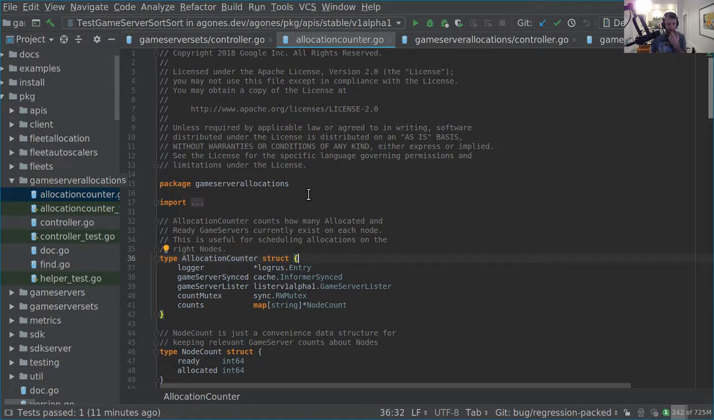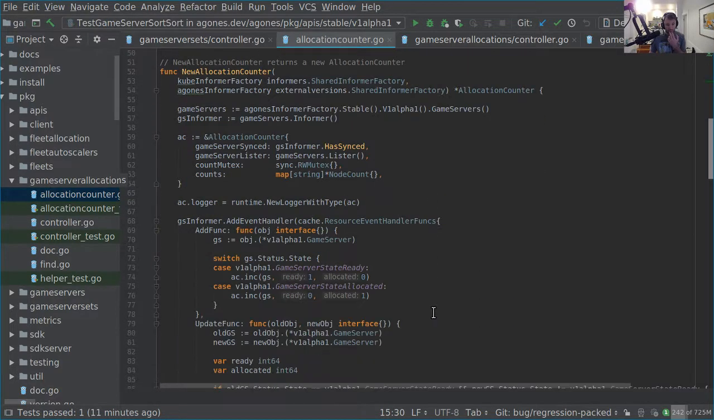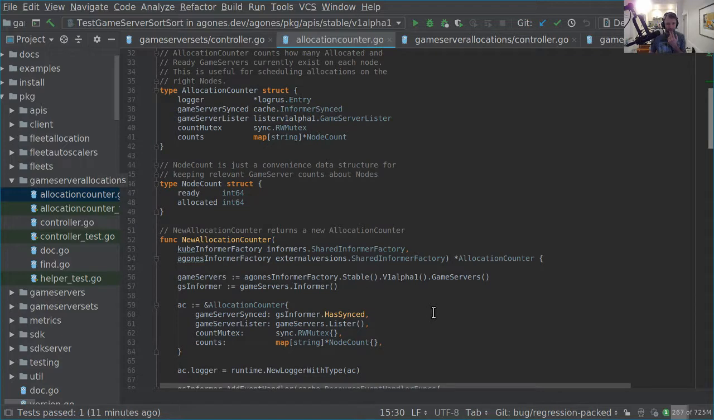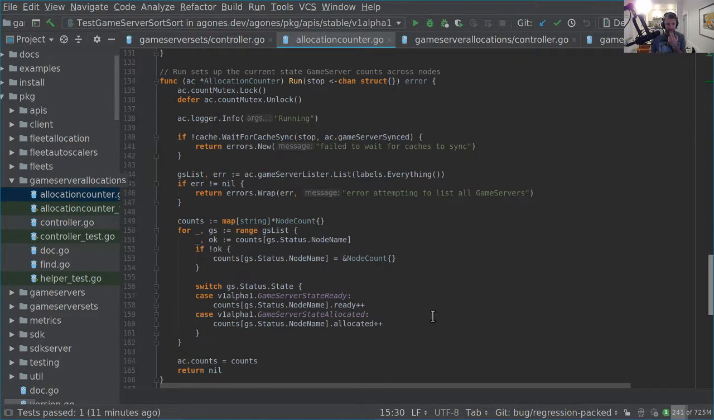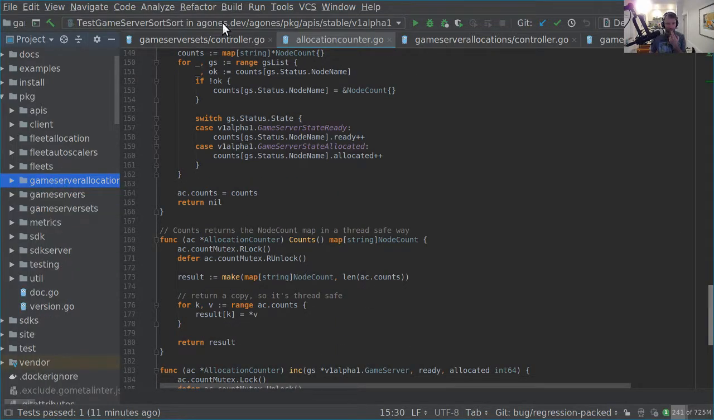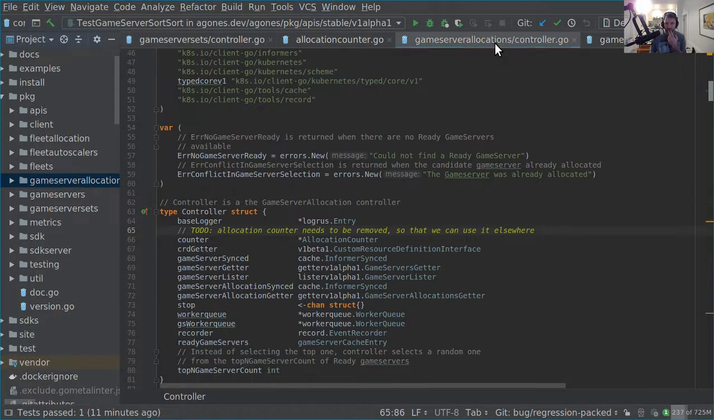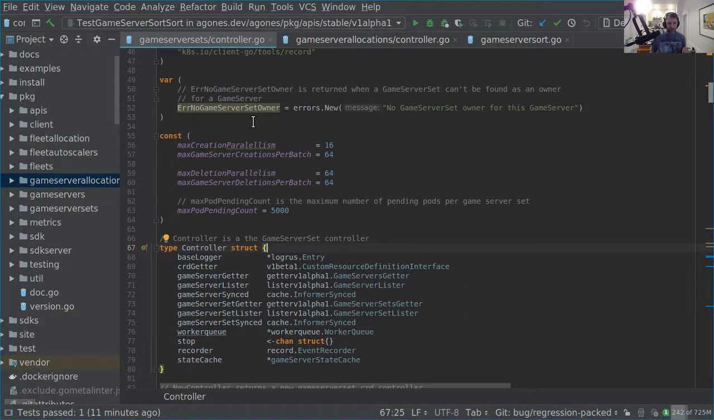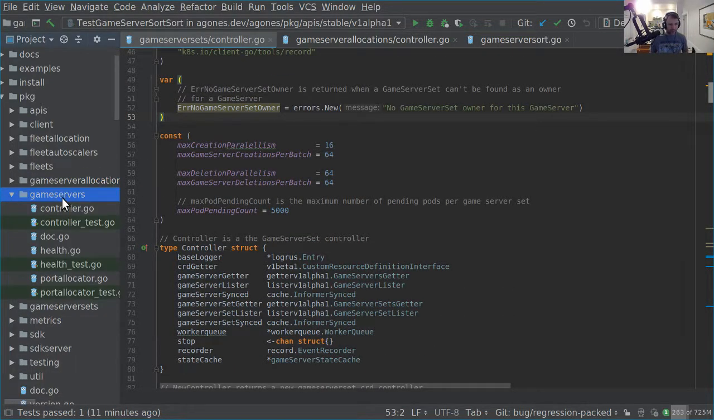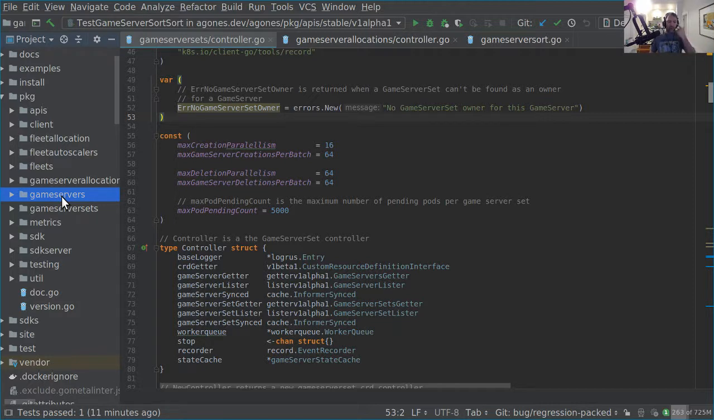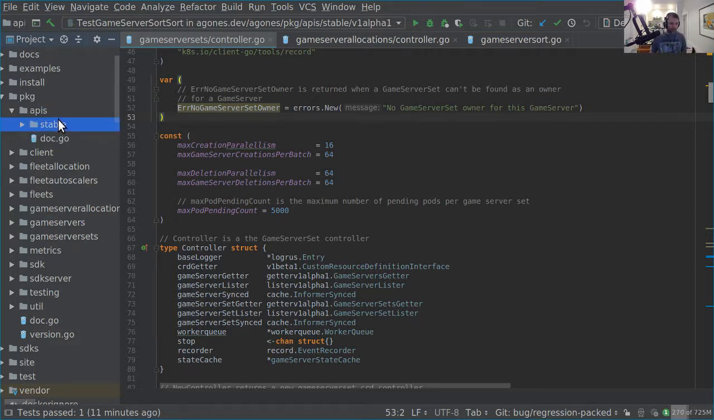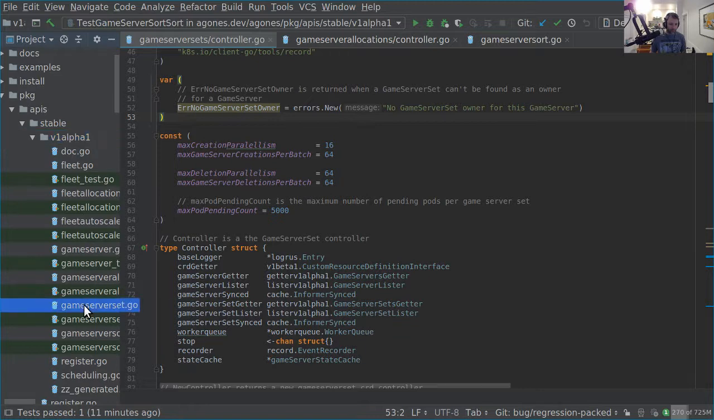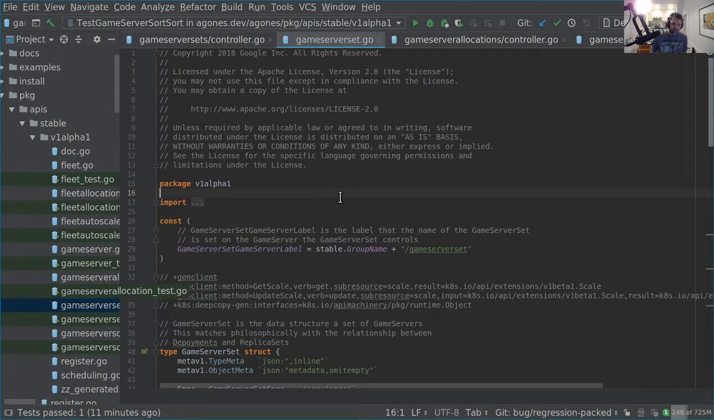It's actually not. It's more of a node counter. I'm actually going to rename it to... Where am I going to put this? This is actually really interesting. All right, so we have the sorter. Beautiful. That's looking really good. I need to get the counter out, I think. All right, so let's think this through, because we've got APIs, stable v1, game server sets,